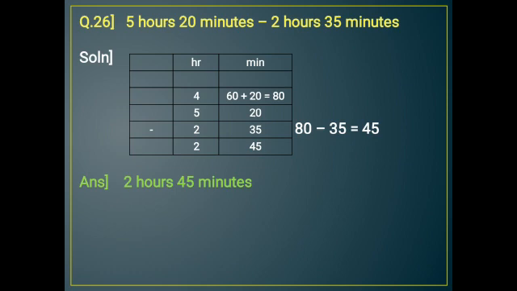So in this way you have to solve the sums. There will be 3 options given and you have to write the correct option by solving the sum. In the same way you are going to solve the sums and write the correct option. Understood? So with this we have done the revision of chapters 8, 9 and 10, that is multiples and factors, decimal fractions and measuring time.